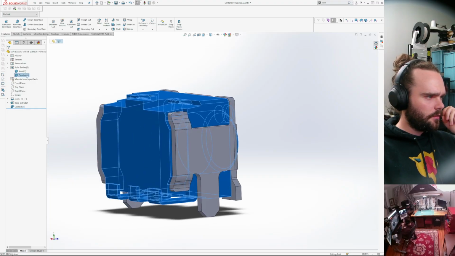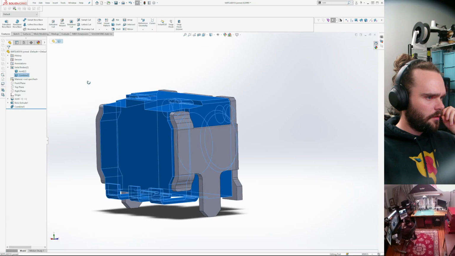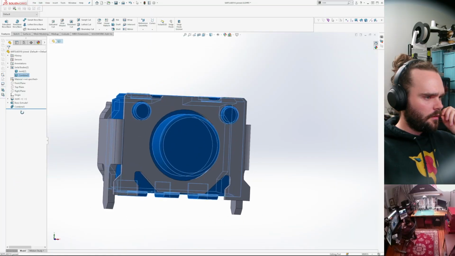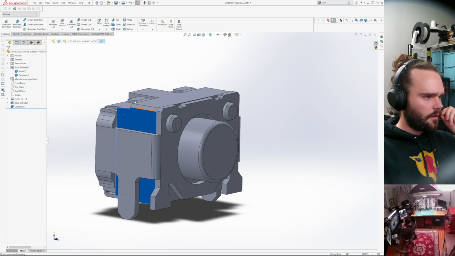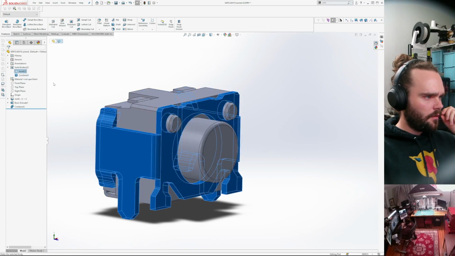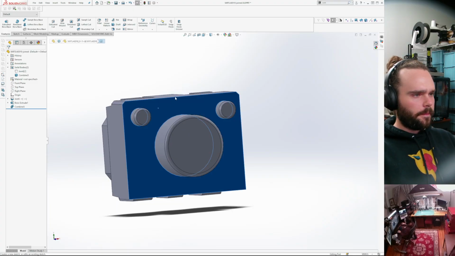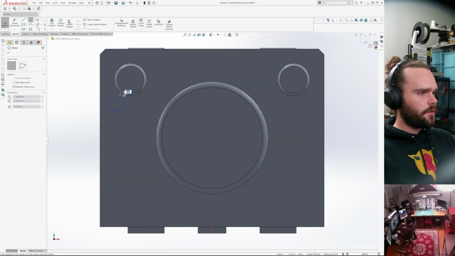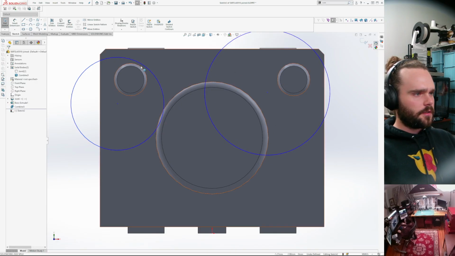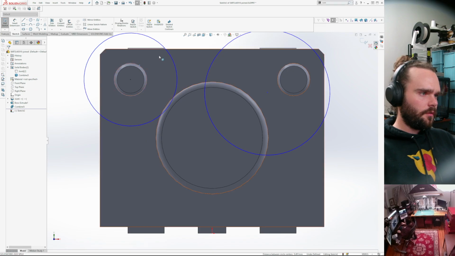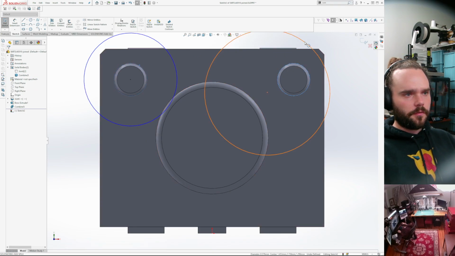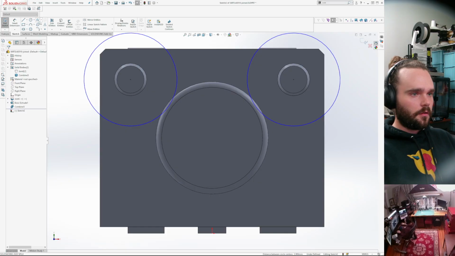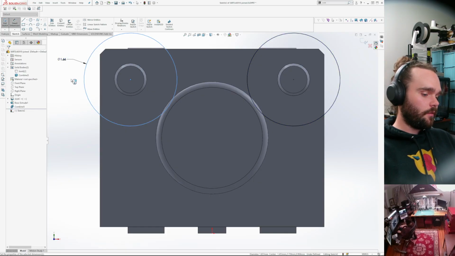Okay, so now we have these two. And I'll do some more cheating. Yeah, this is sketchy, but it's fine. It's really only for fit testing. I'm not going to be doing anything that matters yet with this model.